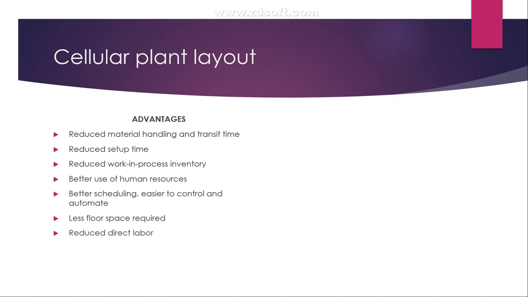Reduced direct labor. We have an assembly line sequentially organized in order to produce specific products, so the direct labor involvement is quite less in this system. Heightened sense of employee participation. Now we have multiple cells being created for the different products, the family or part of the family of products.